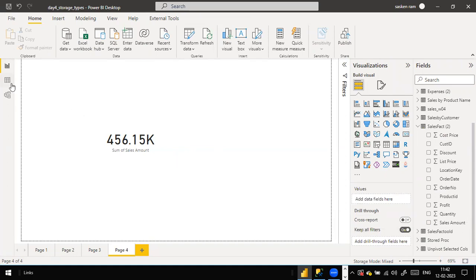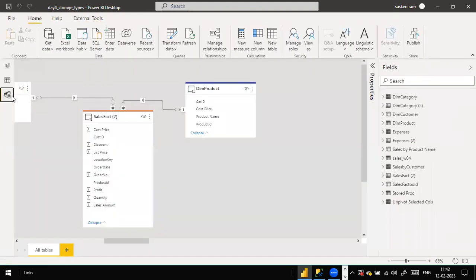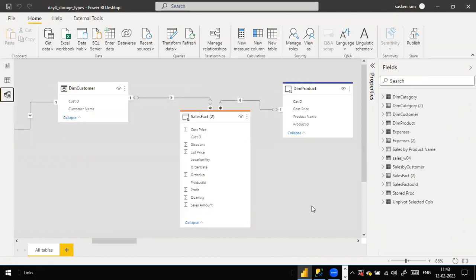And what is this dual mode? That is Deepa's question. The live connection she was able to understand. But what is the dual connection? When should I use dual connection? Supposing you have